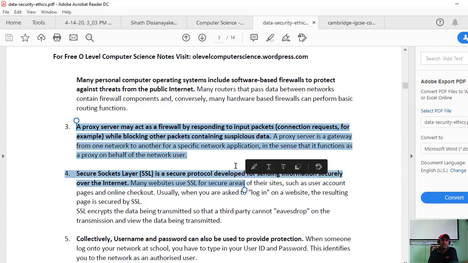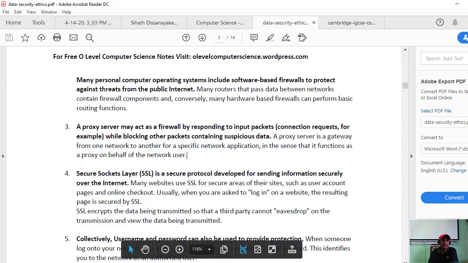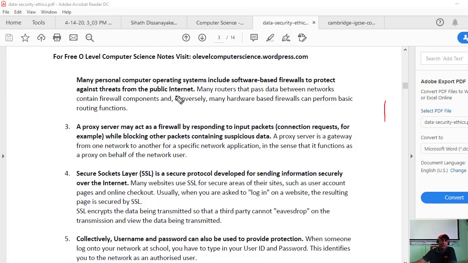Right. So next one is the proxy server. This is a very good point. What is a proxy server? The proxy server is also a kind of protection, a protection for traffic.